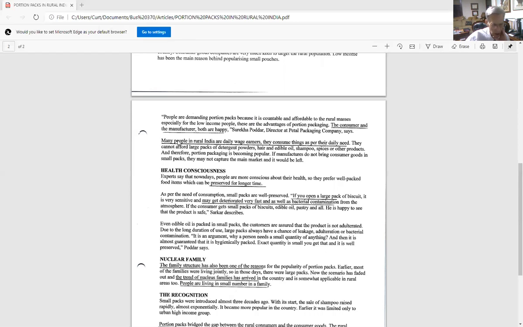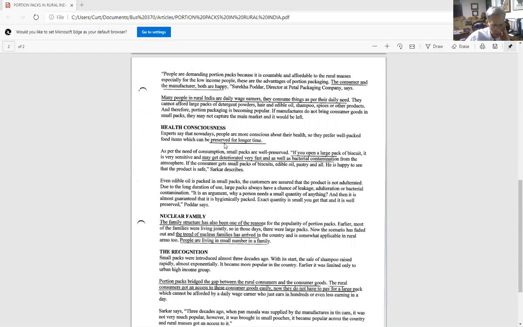As the article points out, many people in rural India are wage earners, and daily wage earners at that. And so when they get paid, they go buy what they need to eat that day. Very important that these products in these containers can be preserved for a long time in these foil packages. And as a result, they can be kept at home, and the home may not have a refrigerator. And so being able to keep things in these safe, secure pouches is a